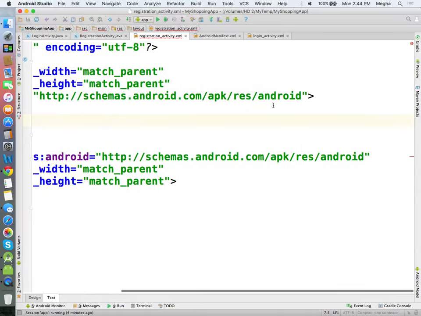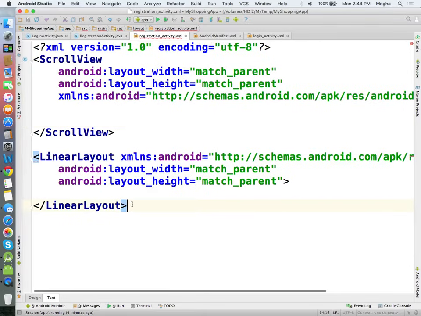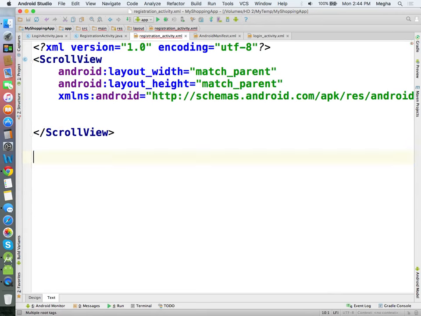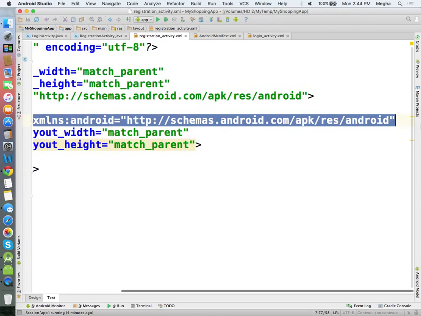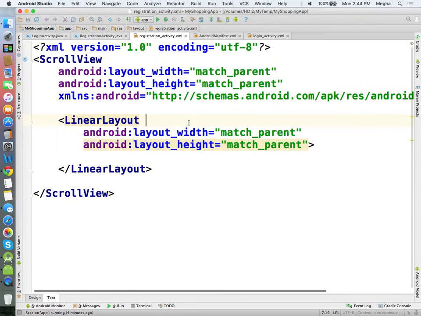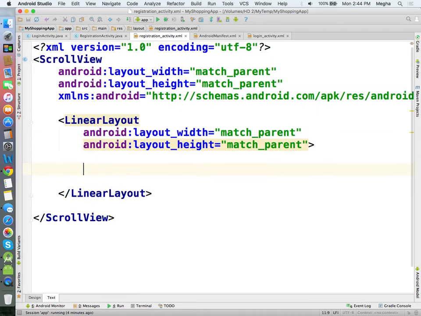So this scroll view is going to be the container for my linear layout. We don't want that. Okay. So let us add a text view and the edit text.